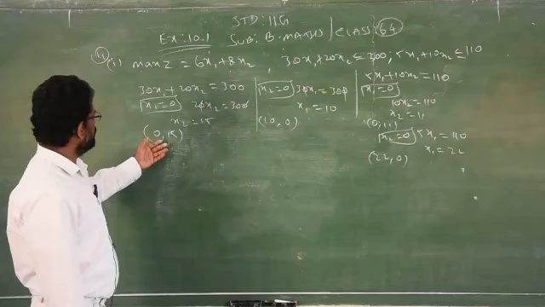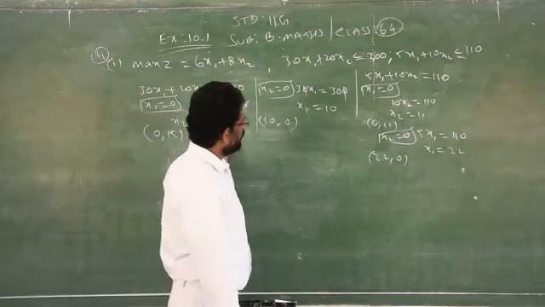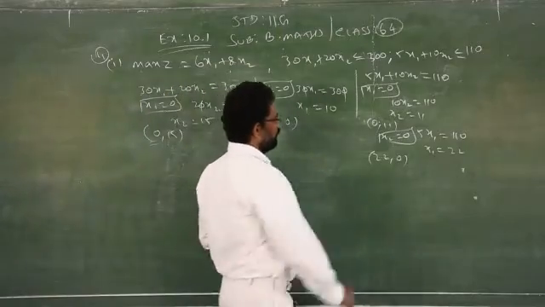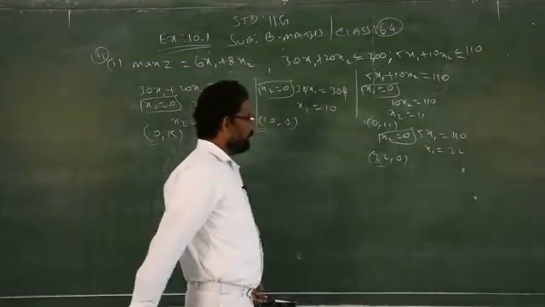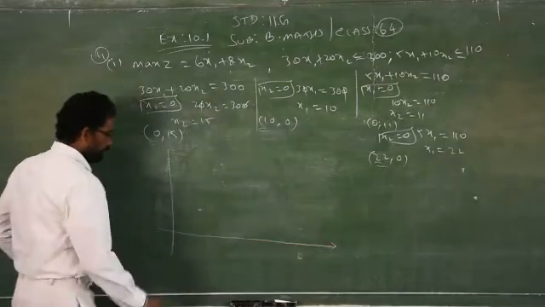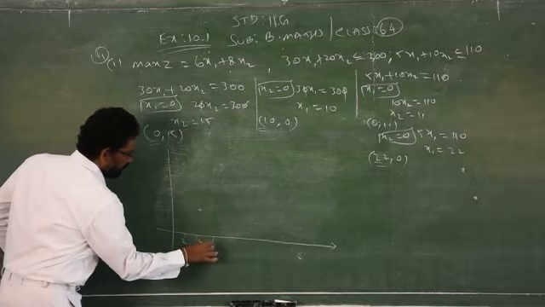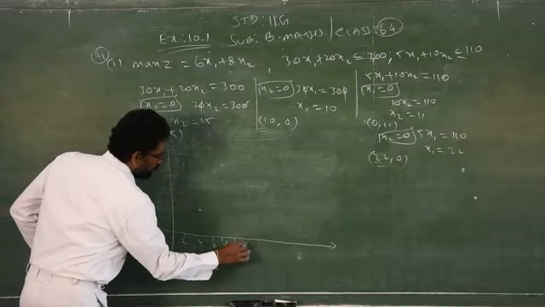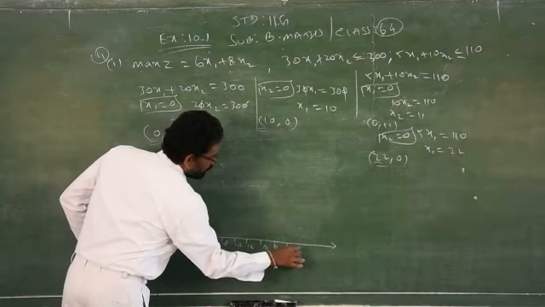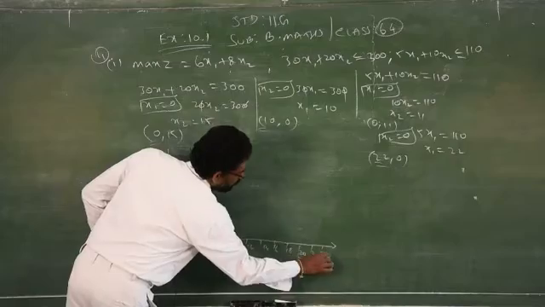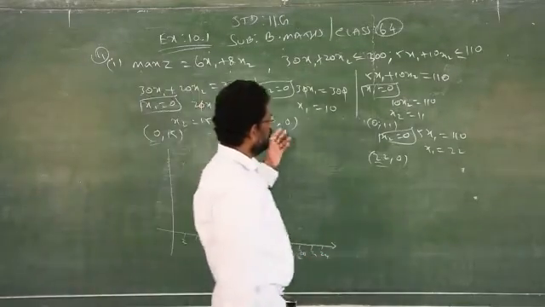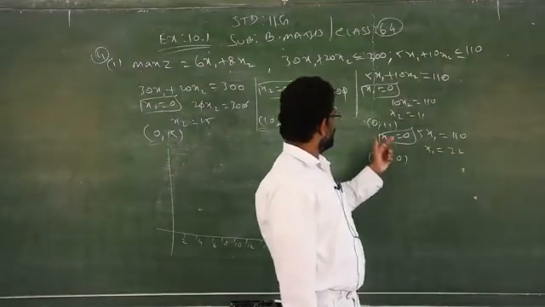Clear? See, it is given 15. What is the maximum value on the x-axis? You have to see the x-axis in the first point, 10. Here you will get 22. So maximum 22 on the x-axis. Therefore, you have to do it on the graph sheet. You can consider this as 2, 4, 6, 8, 10, 12, 14, 16, 18, 20, 22 and 24. Clear?